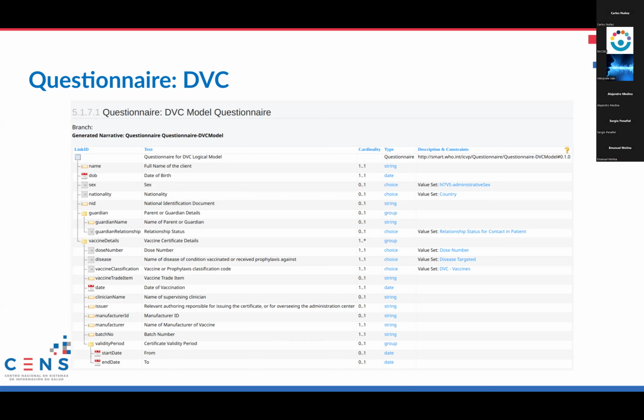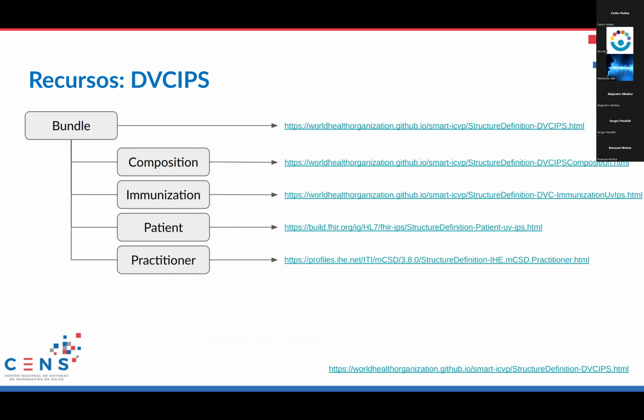Other elements, well, we have the batch number, and obviously there is a certificate validity period, and then the common elements, which are the names, the date of birth, and all of that. So this data, most likely you might not see the questionnaire with this very same structure, but all of this is the data that you're going to have in the IPS, so we're going to have to deal with each